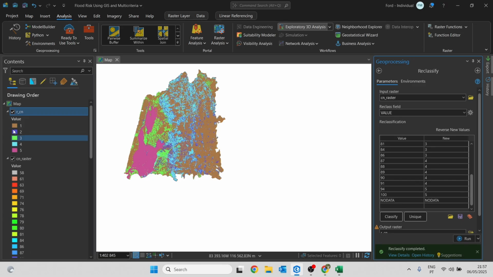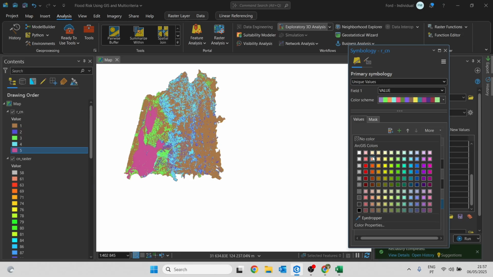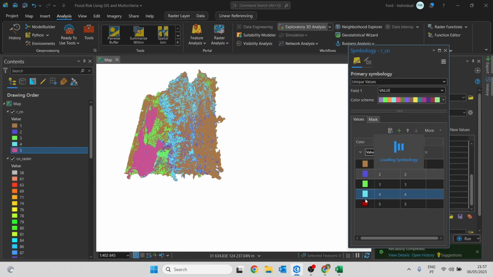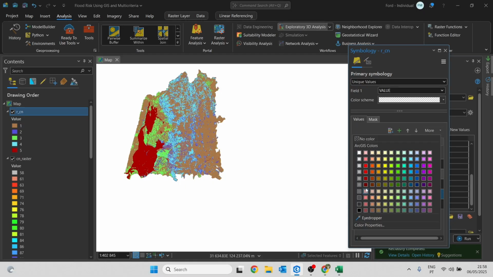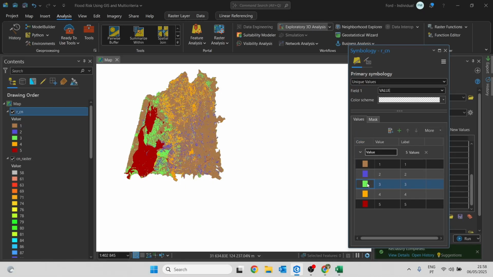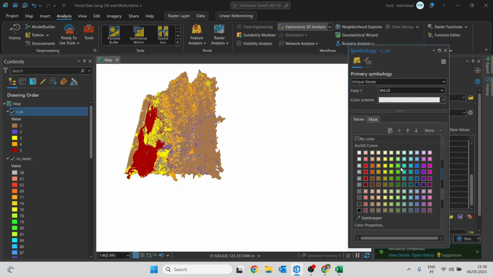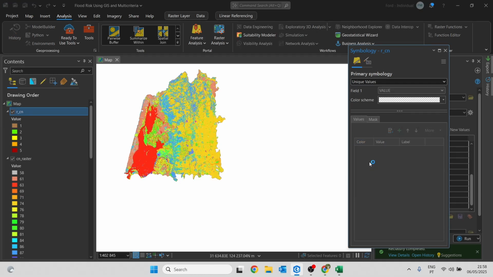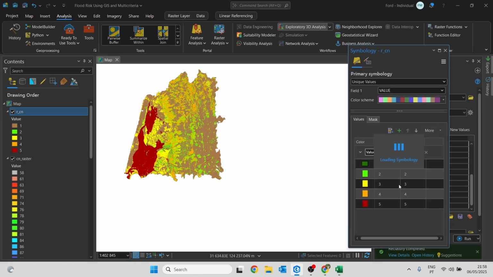To keep things consistent, I'm also going to change the symbology for this layer as well. So the class number 5 will have a red color. Number 4, it's orange. Yellow for number 3. And 2 and 1 will have green colors.